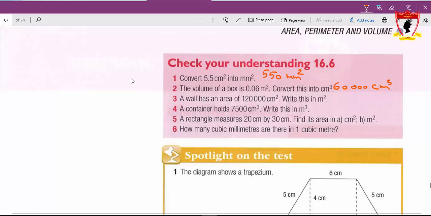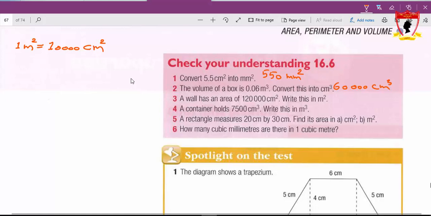The relation is like this: 1 meter square is 100 square. 100 square is 10,000 centimeters square. What we have here is